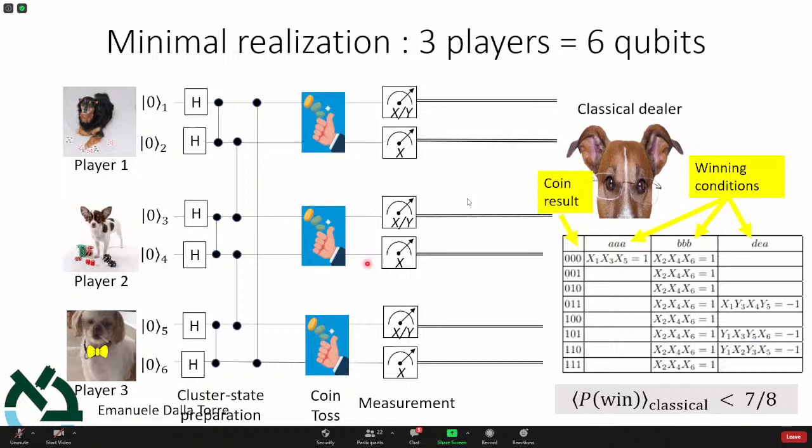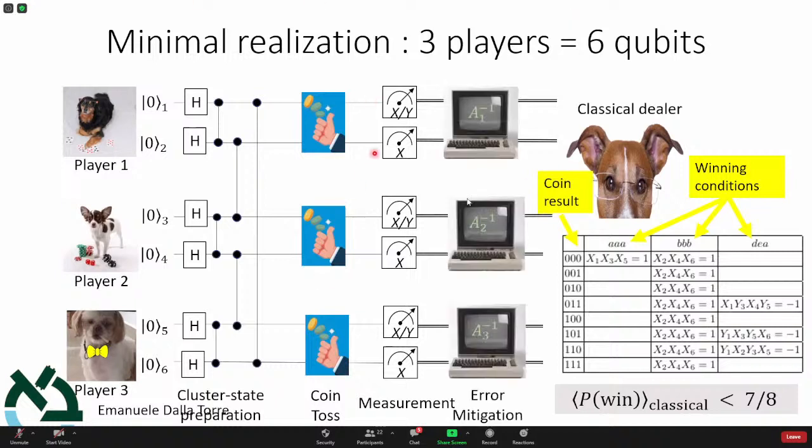You're familiar with this paradox that you cannot transmit information. So I'm not really telling them the result of the coin, but I do affect the measurements. There is a non-local action at a distance, and that's what allows me to win 100% of the time. At least, this is if I had no noise, in theory, in the ideal model. What happens in the real model is that there is noise. So we tried to get rid of the noise a little bit by doing post-selection or post-processing of the data. Of course, the post-processing is done locally. Each player is doing post-processing on its own qubits because they are not allowed to talk to each other after the game has started.